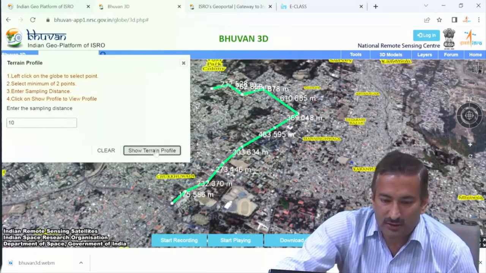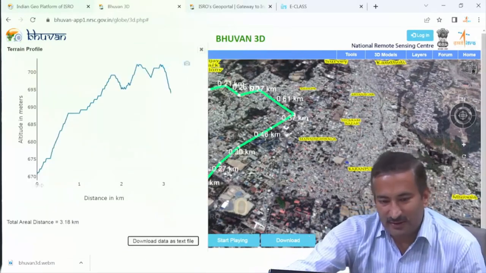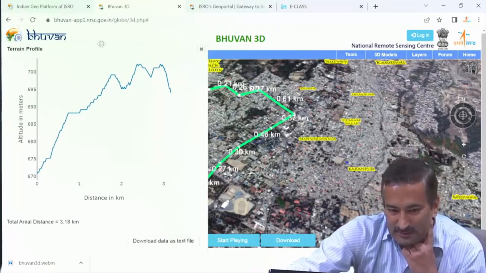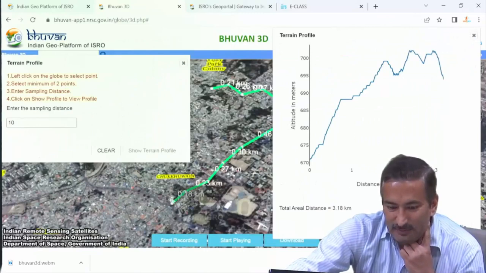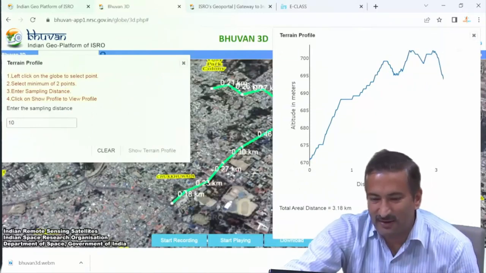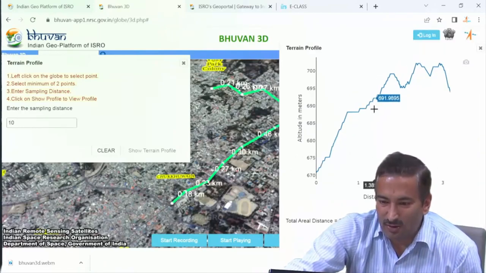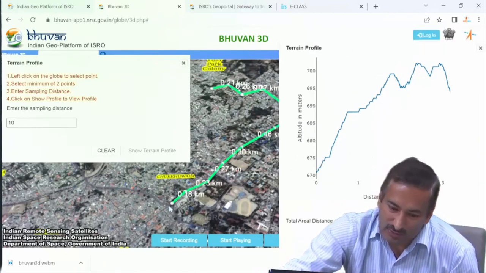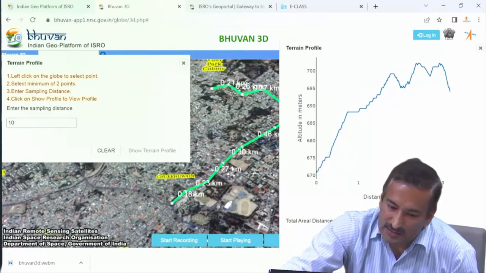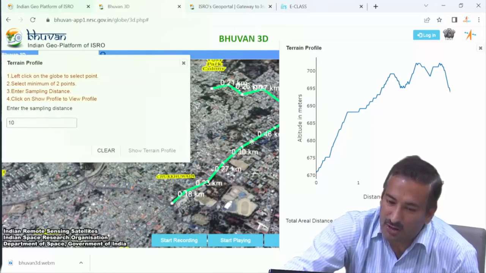If I say terrain profile, it will tell me how the height is varying. At this particular place the height was around 670 meters from mean sea level, and then we went on to this IRS campus. So you can say it is a higher place. You can see the elevation moved on, so the height is varying along this road.